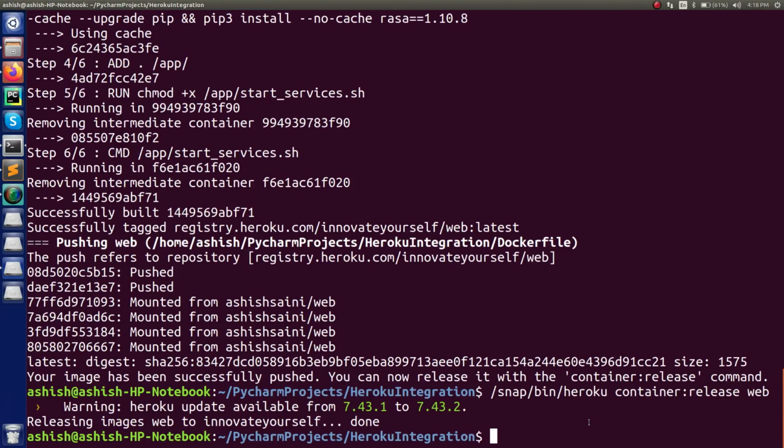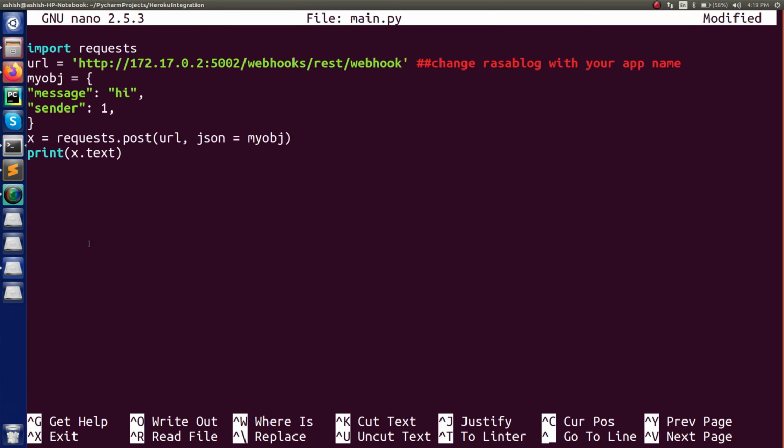Now do one thing, just create a new file. Let's say I'm creating a Python script. Alright, so you have to write this command, right? And in here you have to replace this part with something else, and that something else is this. So this is how I have created a script.